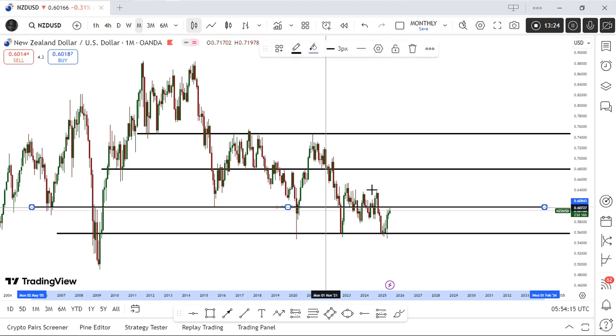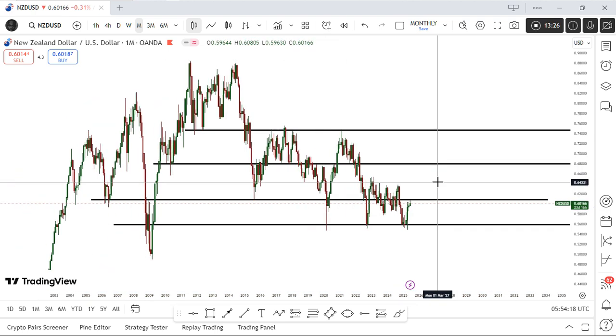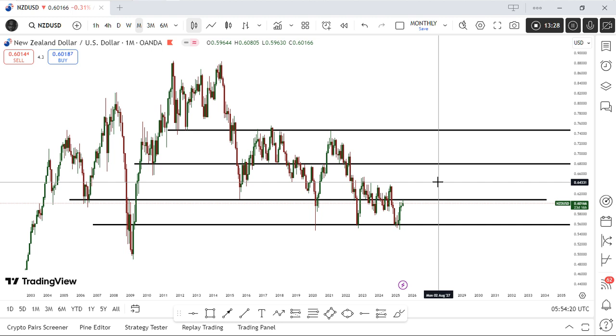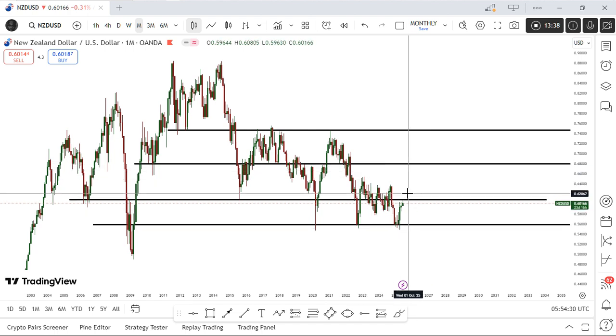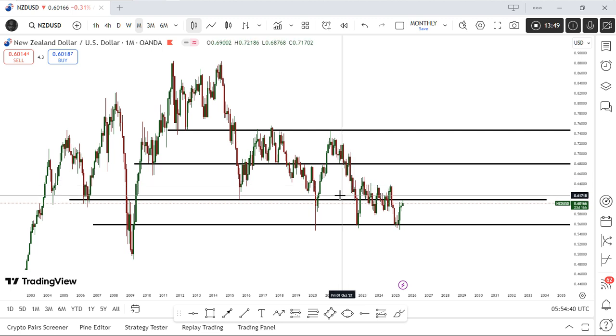There's a reaction of it. Now, what does that tell me? That is telling me that NZD USD is telling me that, wait, for me to move past this level, number one, I need to break this zone. Are you seeing that? For me to move past this level, for me to move from where I am right now